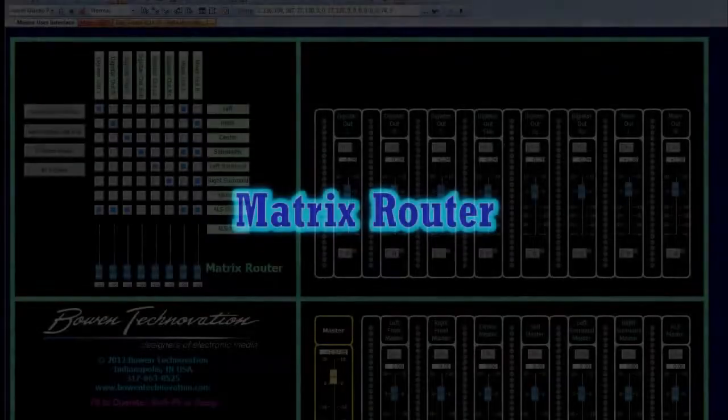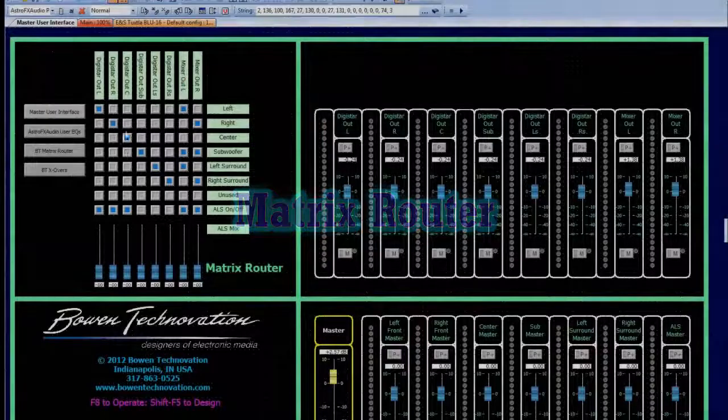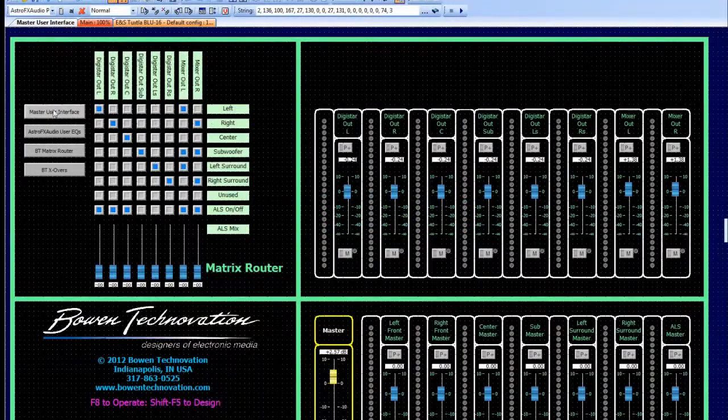So we'll start with what we call the matrix. The matrix, over in the upper left-hand corner of your screen, is where we assign the input channels that are coming in to go to certain output channels. So as an example, this particular system has Digistar left channel coming in here, assigned over to the left speakers